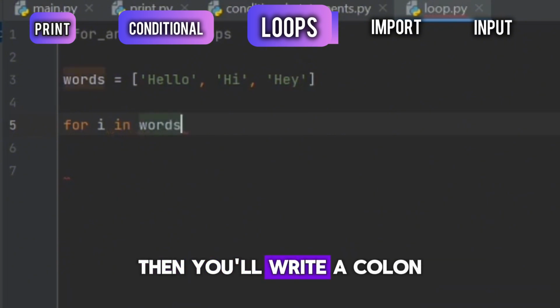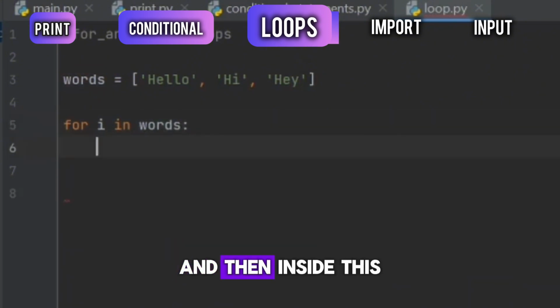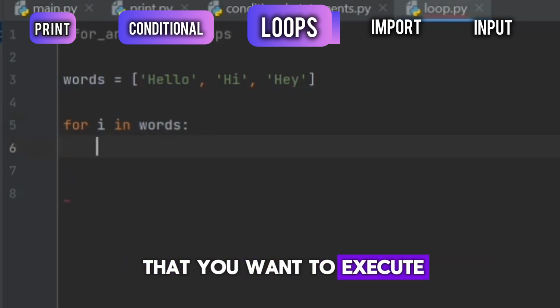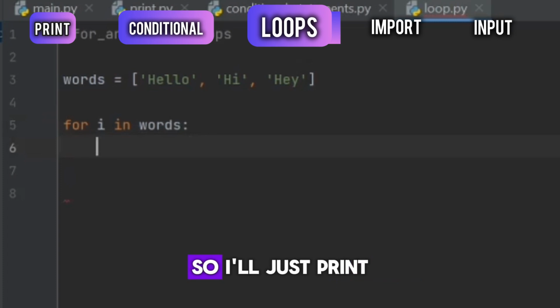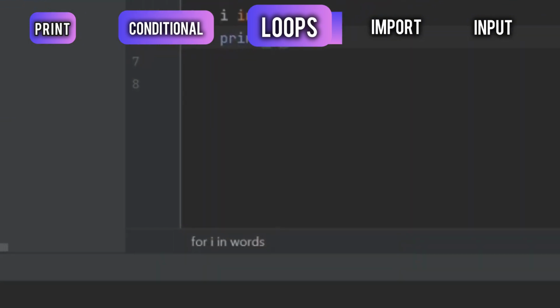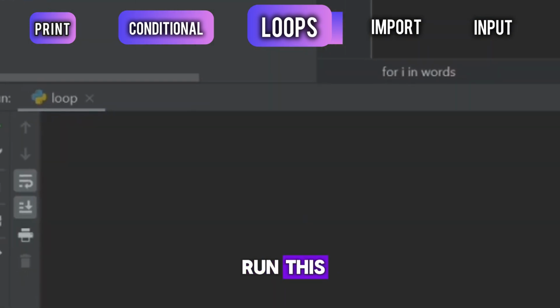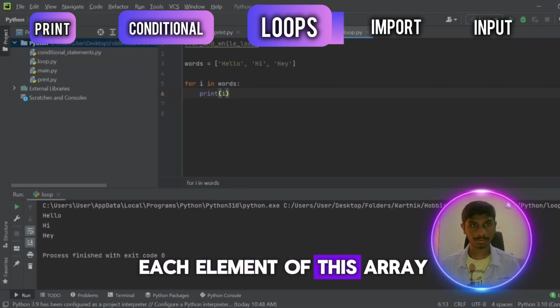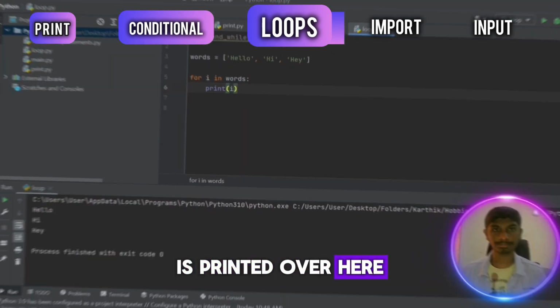Then you'll write a colon, and inside this you'll write the statements that you want to execute on each and every element. So I'll write print and then i, that is the element. Now if I run this, you can see that each element of this array is printed over here.